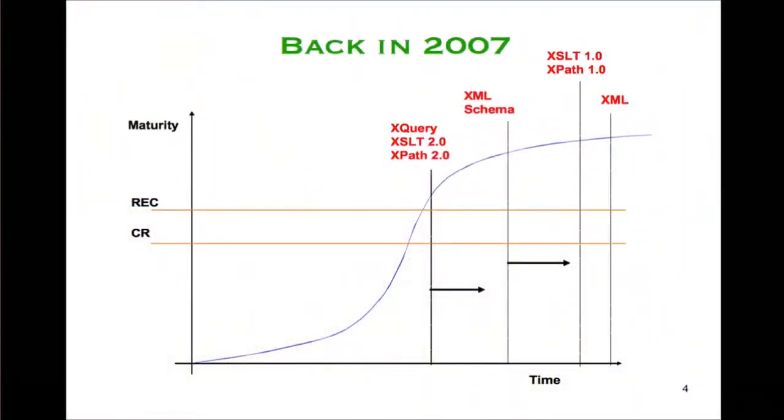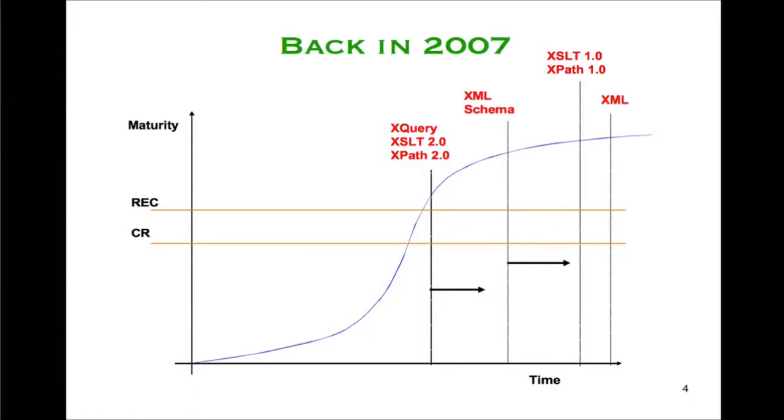I used to show this slide quite a lot. I think between about 2000 and 2007, I was using variations on this slide in which I showed the time axis gradually shifting to the right. And on the whole, remarkably, I'm not very good at prediction. I often get it wrong.